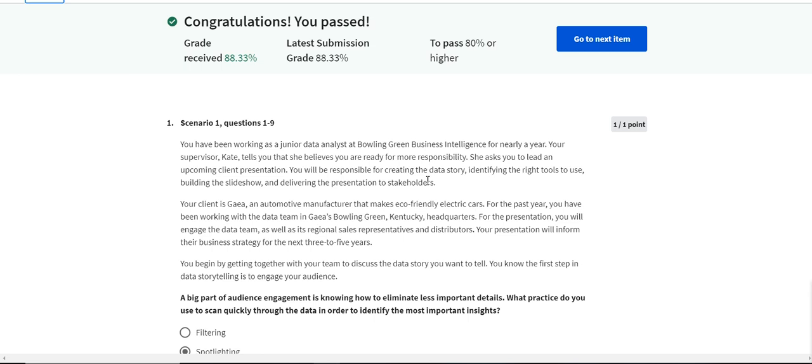You have been working as a junior data analyst at Bowling Green Business Intelligence for nearly a year. Your supervisor Kate tells you that she believes you are ready for more responsibility. She asks you to lead an upcoming client presentation. You will be responsible for creating the data story, identifying the right tools to use, building the slideshows, and delivering the presentation to stakeholders. Your client is Gia,